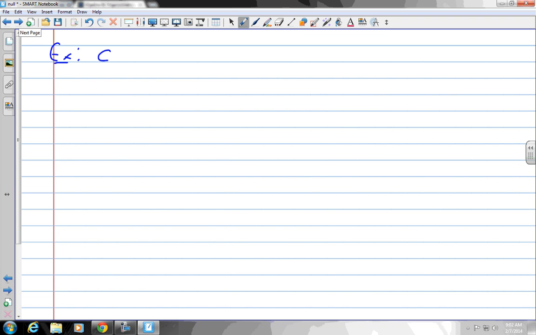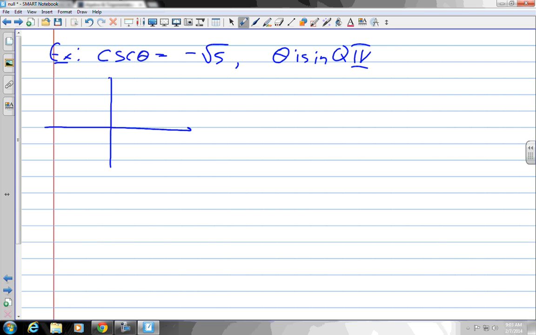So what's given to us is that cosecant theta is negative square root of 5, and theta is in fourth quadrant. So somewhere here then. So they actually gave us the way out. They told us we're in the fourth quadrant, so we need to interpret the cosecant theta. So cosecant